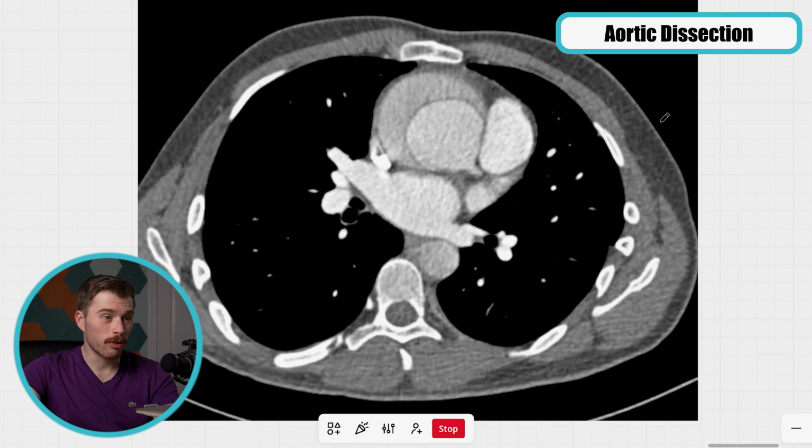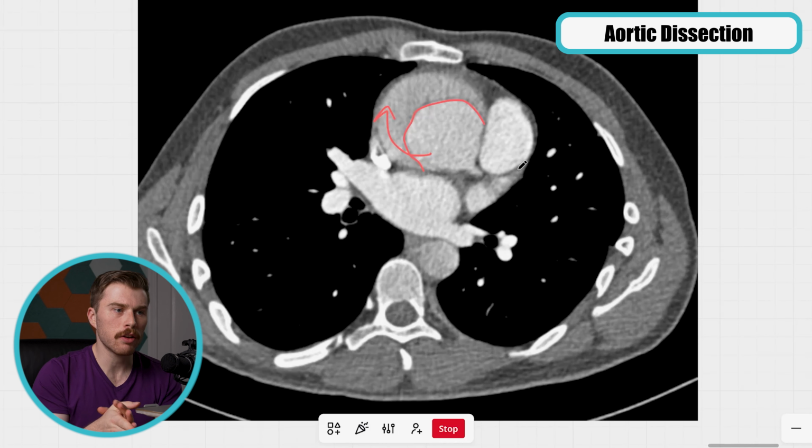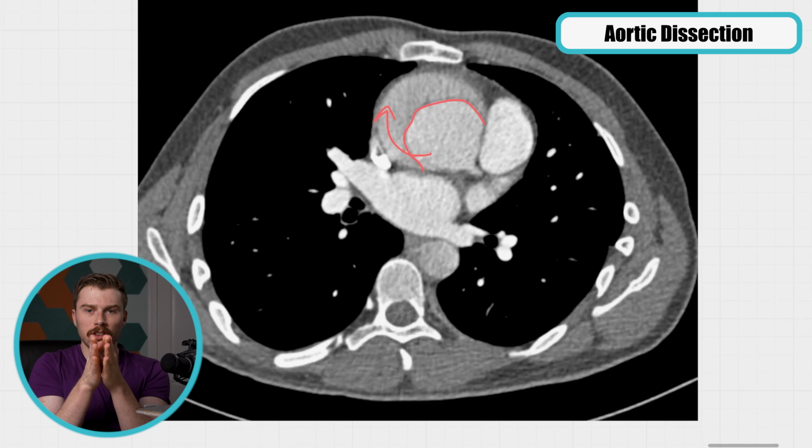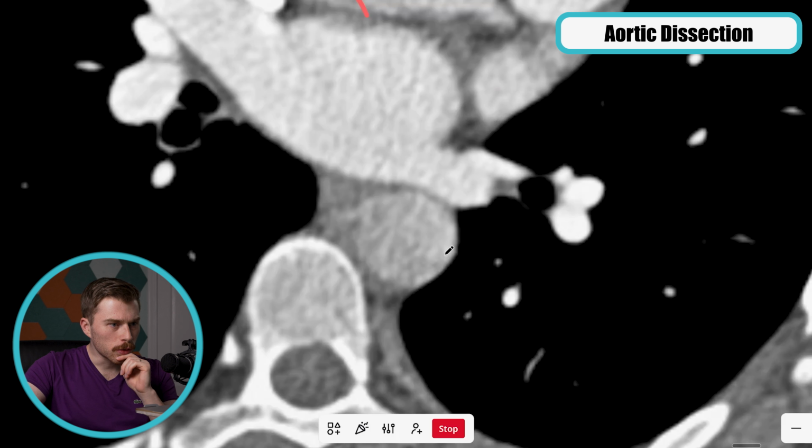Here, it's even easier to recognize, in my opinion. You've got this dark line running through the aorta. This is the ascending aorta, and right here is the descending aorta. And if you see a little dark line like this, that's an intimal flap. So blood from the main lumen, this brighter spot here, has started leaking into the aortic wall. It's dissected right through the aortic wall, and you've got this little flap between both of them, creating a true and a false lumen. And if you look really closely, you can kind of see it here in the descending